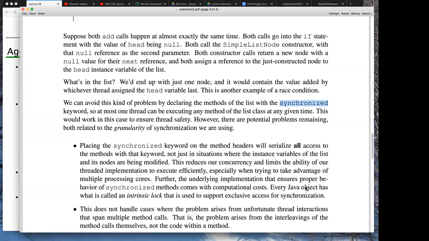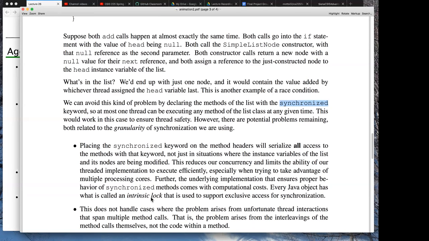Every object in Java comes along with what's called an intrinsic lock. This is one of the key pieces for the day today. And that's a piece of data that's associated with every single object we create. You've created a whole lot of Java objects, never thought about the fact that every time you construct a Java object, it's got an intrinsic lock associated with it. And that is just in case there are any synchronized methods,